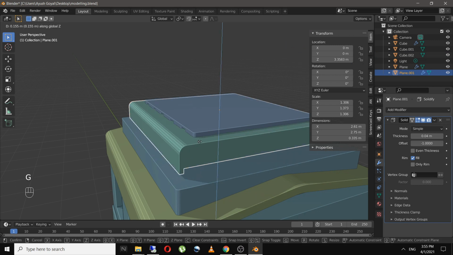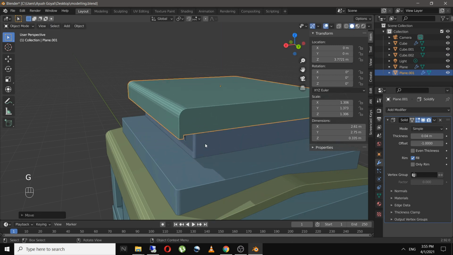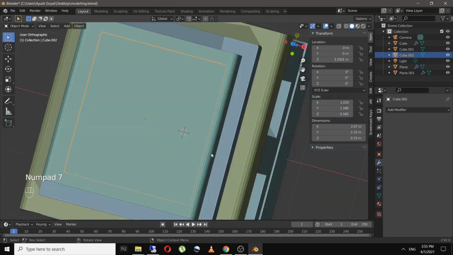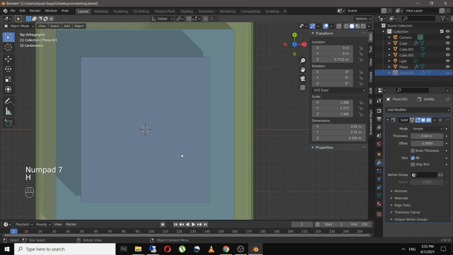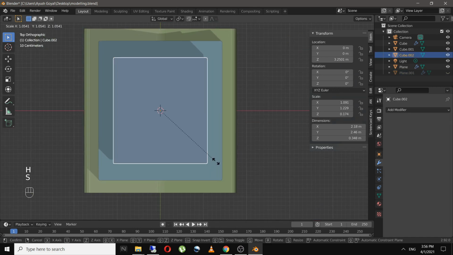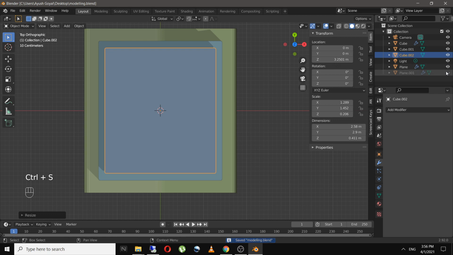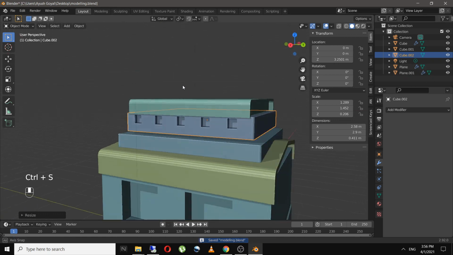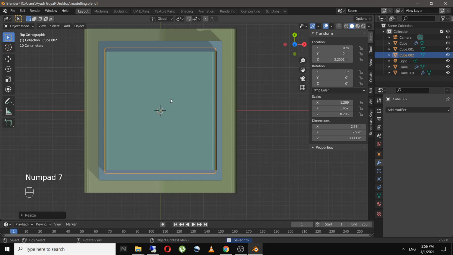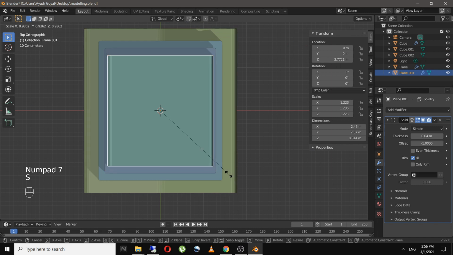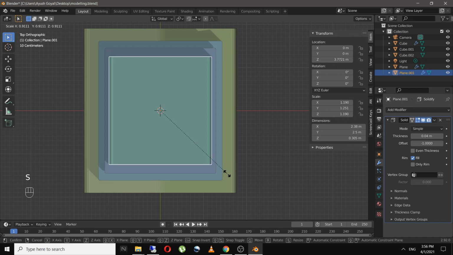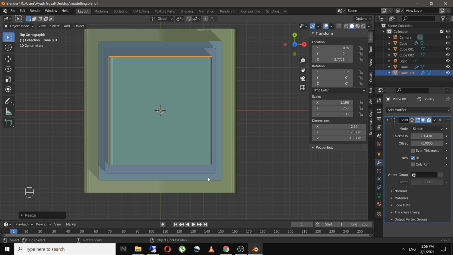So I will move this up over here and increase the size of this cube just like this. And I will move this plane over here and decrease the size of this. Something like here.